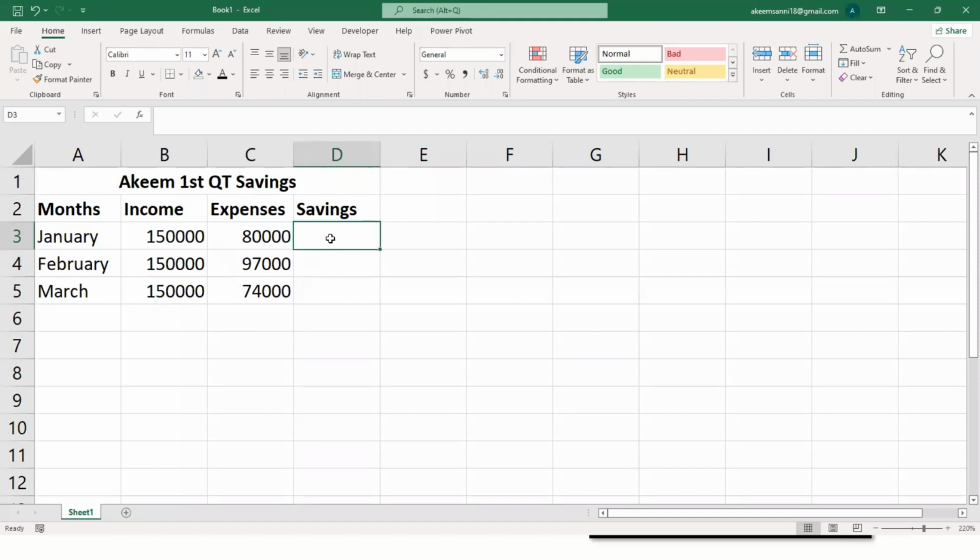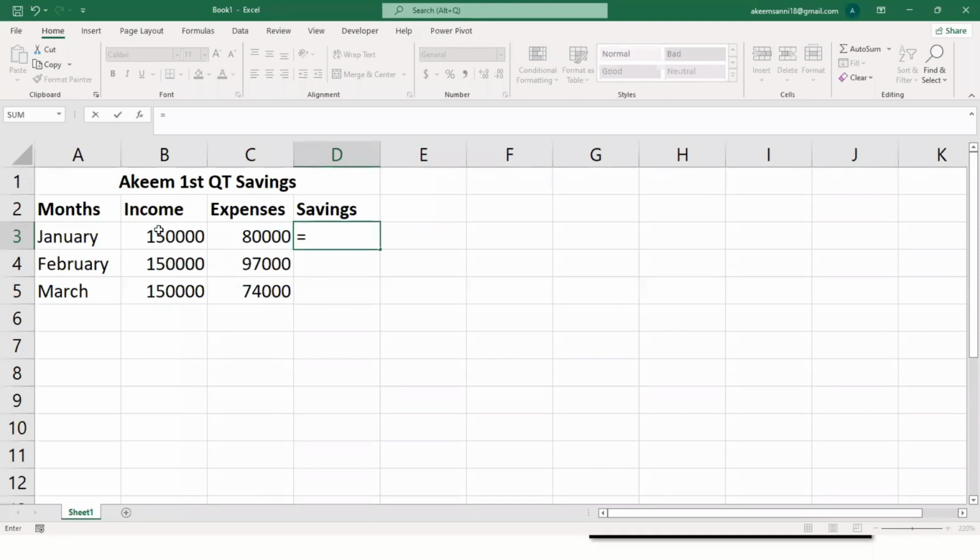Now the same thing with Excel. All our formulas start with equals to. Let's take it one by one. Just watch what I want to do. Whenever you want to start any calculation in Excel, the first thing that comes first is equals to, right? Equals to my income, which is this. My income is cell B3.